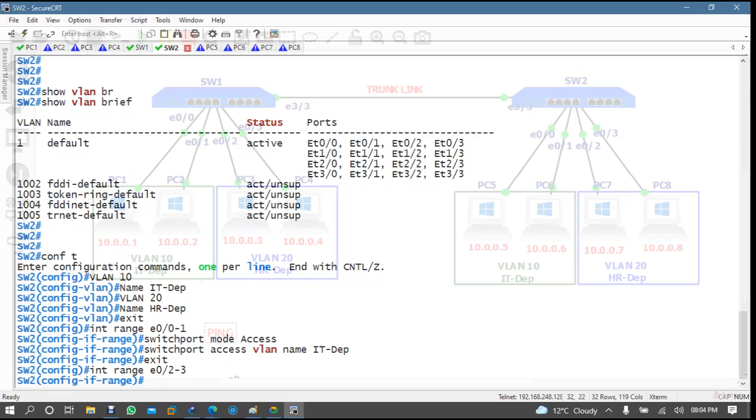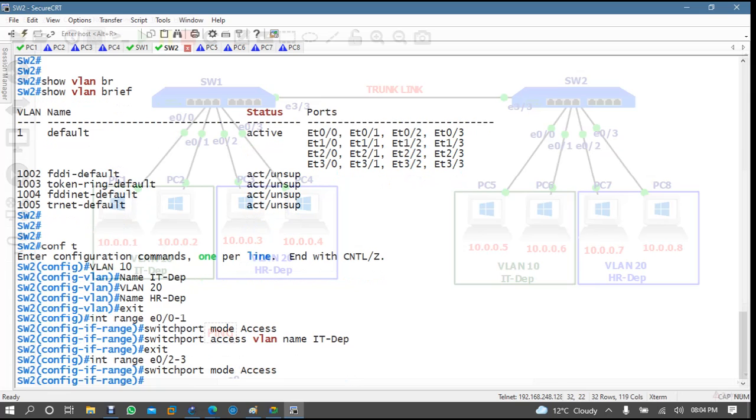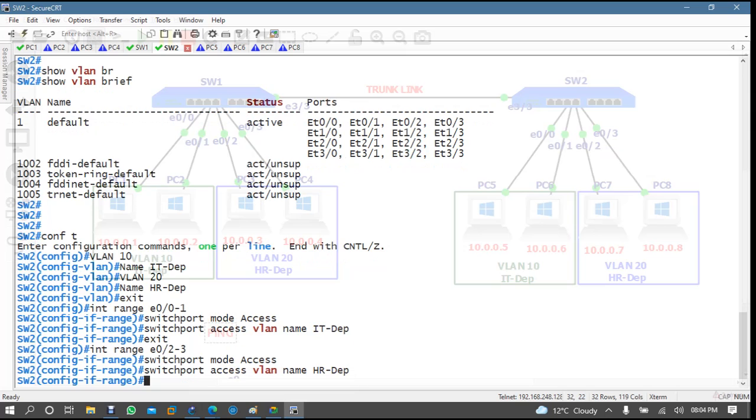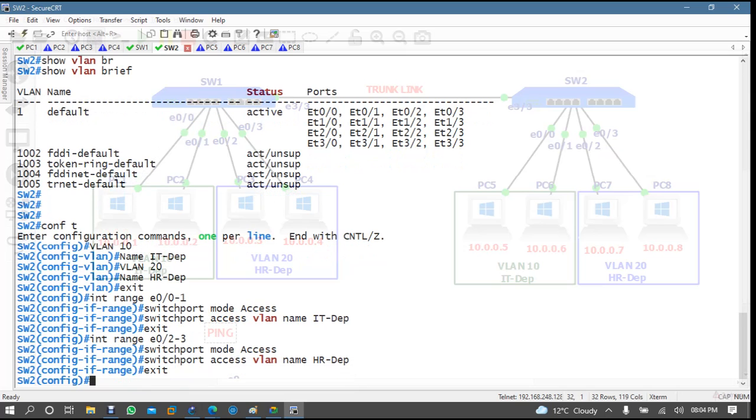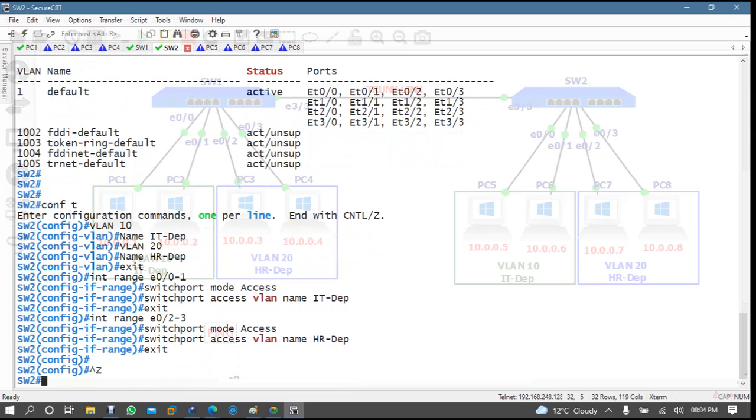Again, you come to the range E2/2-3, switchport mode access, and the HR department VLAN. Exit. Okay, and now if you want to verify,